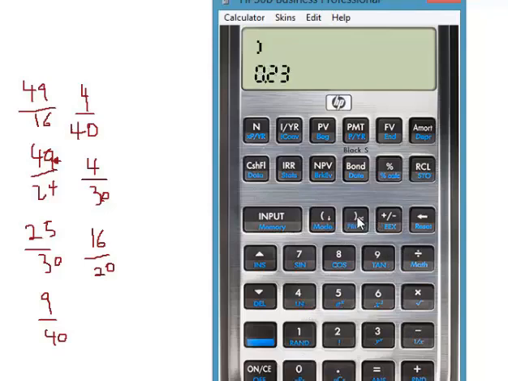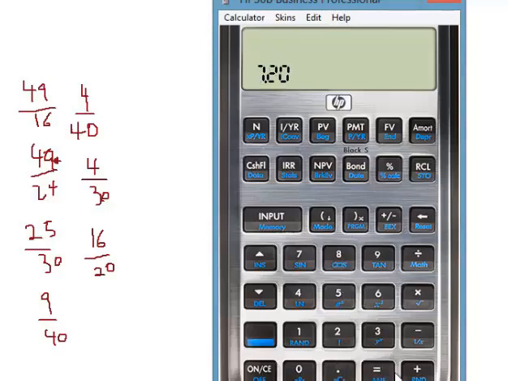Then the fifth one, add open parentheses, 4 divided by 40, which we know is going to be 0.1, of course. Okay, and then add the next parentheses, which was 4 divided by 30. And then finally the last one, I know that 16 over 20 is 0.8. It's the same thing as 4/5, so we're just going to add 0.8, and we have